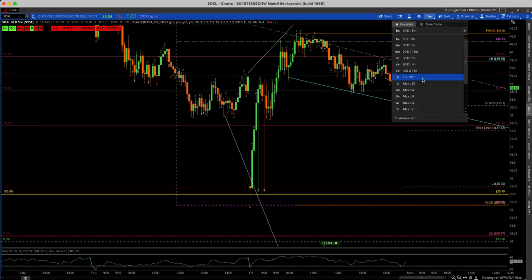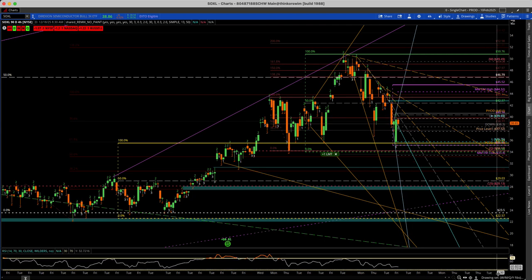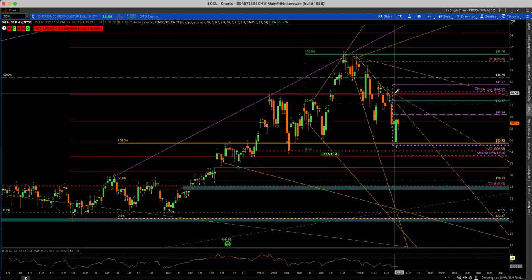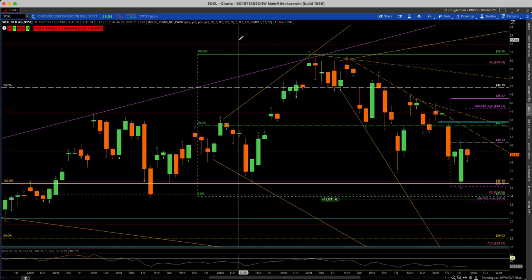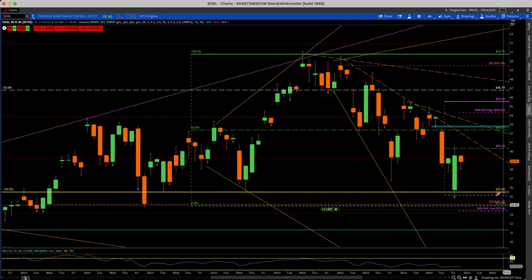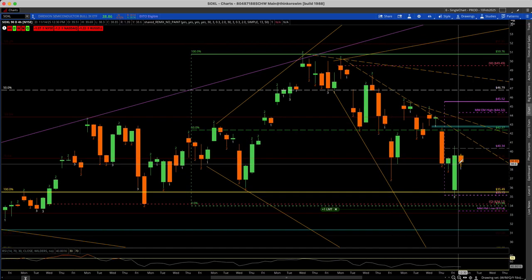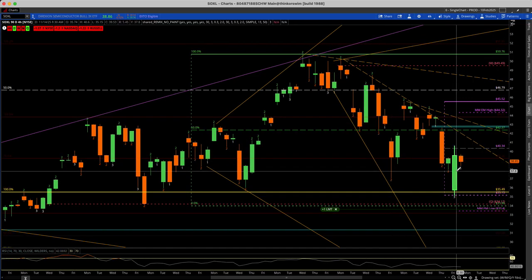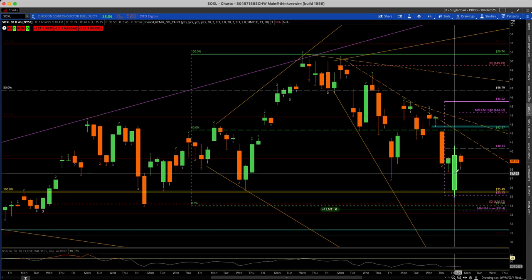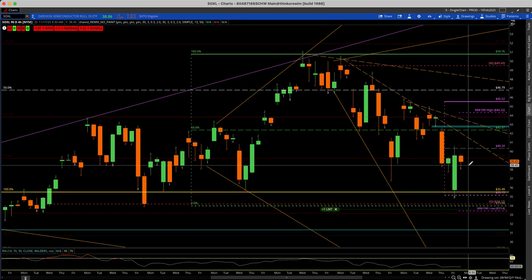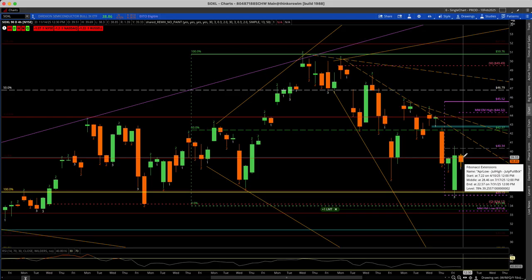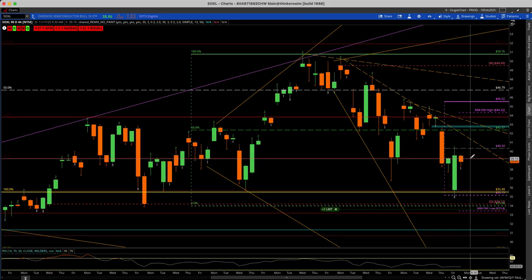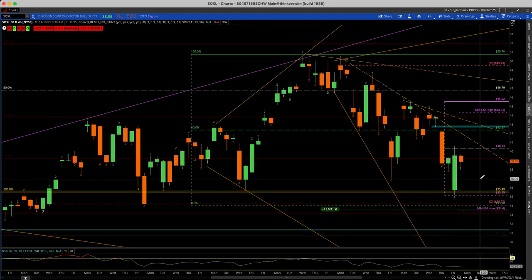Now, if we do want to look for those day trades off of like a 4 hour time frame, let's go ahead and bring up the 4 hour chart here, and we can see that Friday there was a 3 and then a 1, so an outside engulfing candle and then an inside candle, right? Now the inside candle was in the upper third of the engulfing candle, which leans a little bit more bullish, right? So